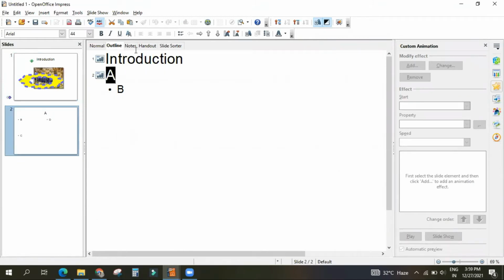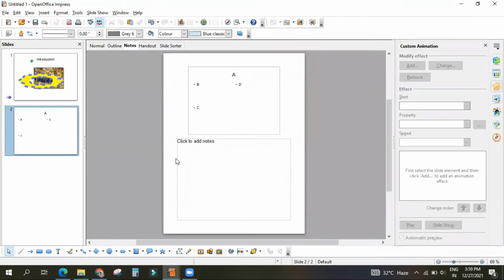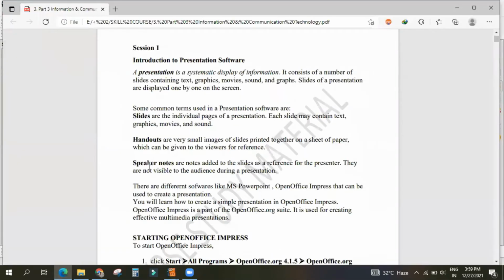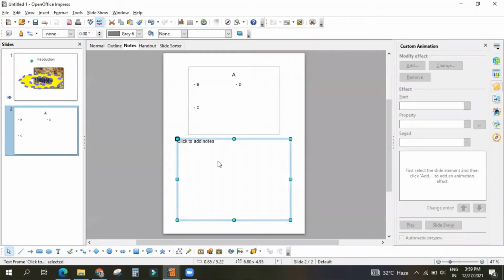Yes or no? Then coming to what? Your notes. That means in this particular second slide, what you want to suppose speak. Yes or no? That is known as what? Your notes. Okay. Understood what is a note? Yes or no? Speaker notes. Okay. That means whenever you are studying something, this is the whole presentation slide where some pictures will be there, and the things which are related to those pictures, they will be kept here.